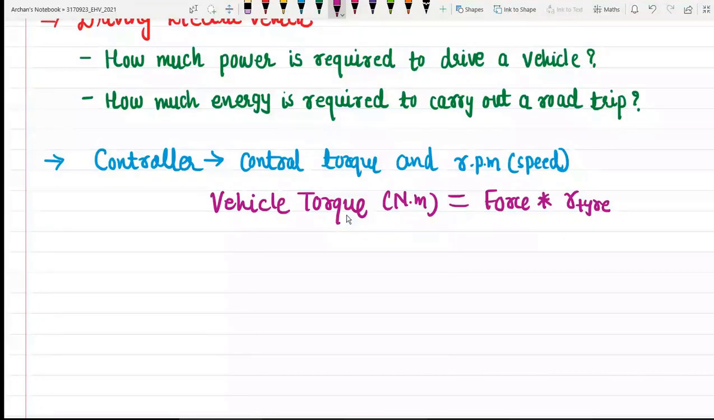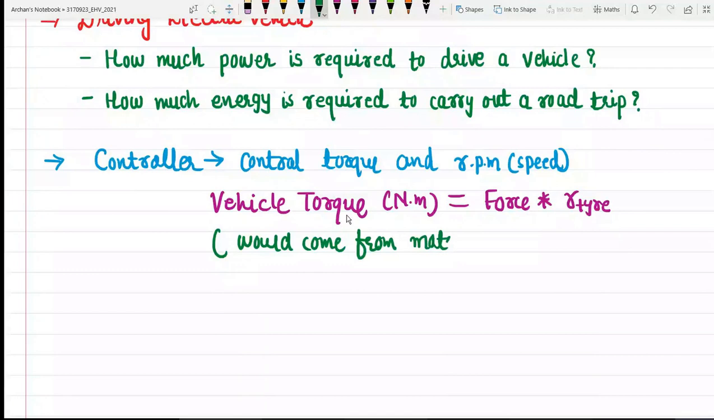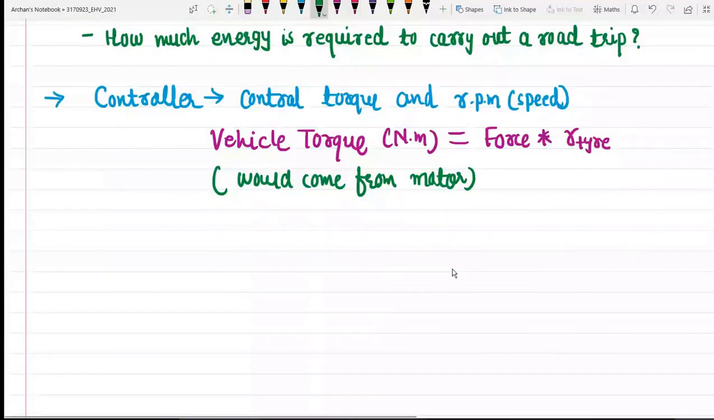Okay, so whatever this vehicle torque required, it should come from the electrical motor only. Okay, so now we know that this much amount of torque is required, and that torque should be generated by this electrical motor. Now whenever we talk about the force, this much amount of force will be required to move that vehicle. And apart from this movement, the force will be required to overcome rolling resistance, aerodynamic resistance, gradient resistance,